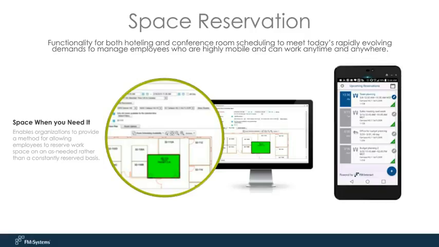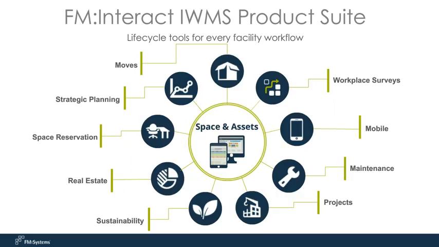Now, the module itself is actually part of the FM Interact IWMS product suite. Our core modules are our space and asset management capabilities. This is where you keep all of your spatial data, all of the information on your assets, and then the space reservation module takes advantage of that spatial inventory and asset inventory to allow you to do an incredible amount of research in terms of determining what space is right for the meeting or hotel reservation that you're looking to accomplish. So what we're looking at right there is a list of all 11 modules that we have